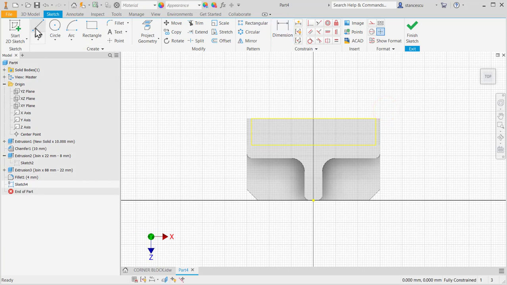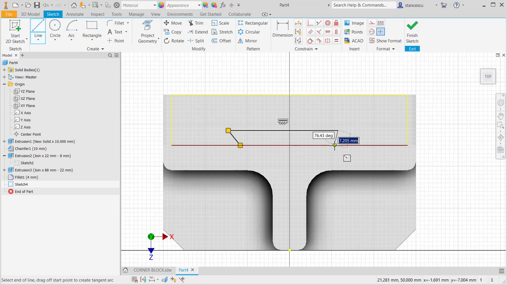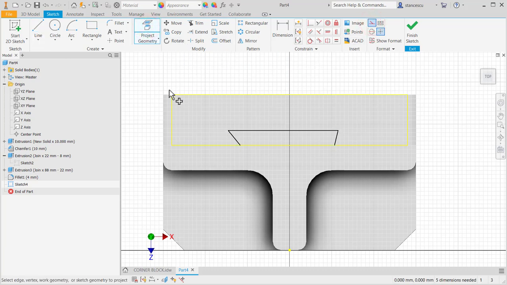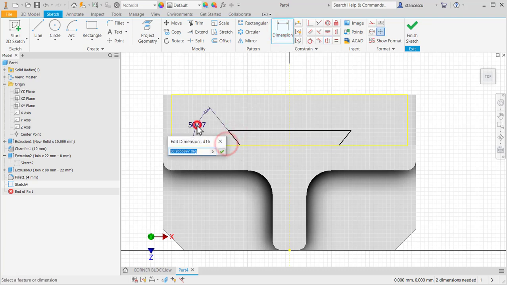The sketch is here. The channel is, as you can see, and now we project geometry as construction line, z-axis again, and we apply symmetry between this and this about that axis. Now the dimensions. This is 60,